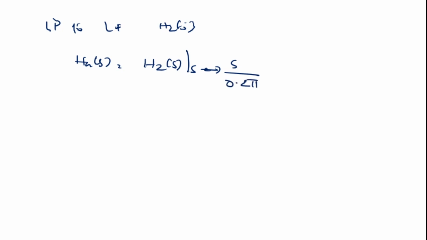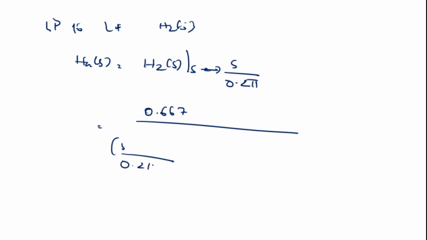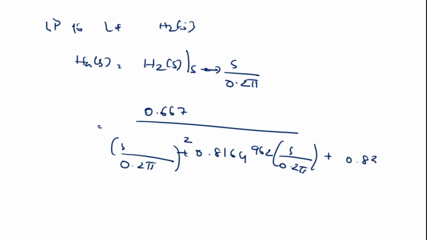So we apply the low pass to low pass transformation on H2 of s to get Ha of s, that is Ha of s is equal to H2 of s at s equal to s divided by 0.25, which is equal to 0.667 divided by (s divided by 0.25) whole square plus 0.8164962 into s divided by 0.25 plus 0.83333,